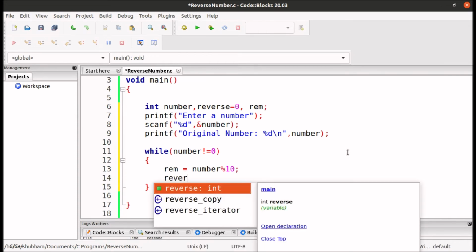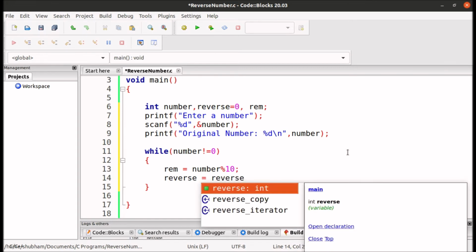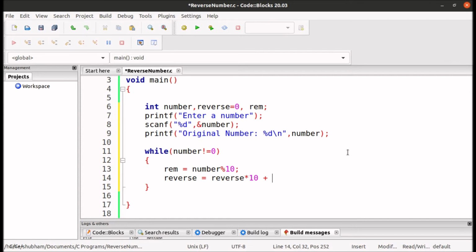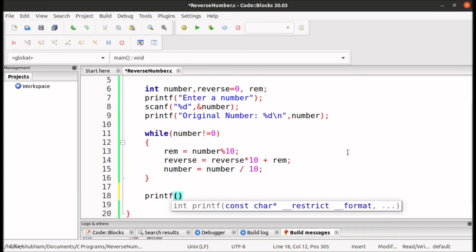Then we will calculate reverse, which is equal to reverse multiplied by 10 plus rem, and then we will calculate the updated value of number, which is number equals number divided by 10. And after doing this, let's print the reversed number, which is %d, and it is stored in the variable called reverse.